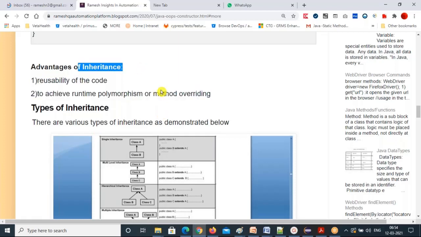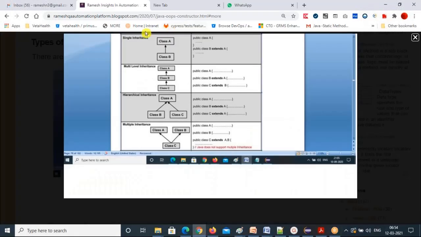Then what are the different types of inheritance? There are various types we have. Observe the first category, single inheritance. Single inheritance means one class extends another class. See, public class A and public class B extends A. Here B is the child class, A is the parent class.